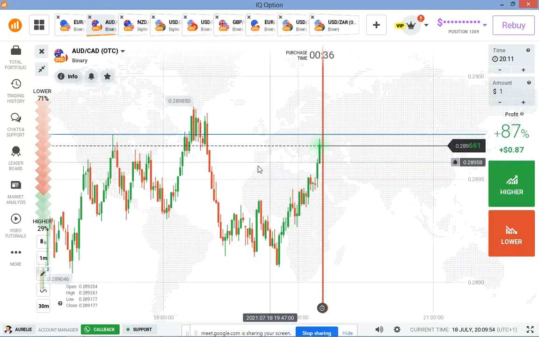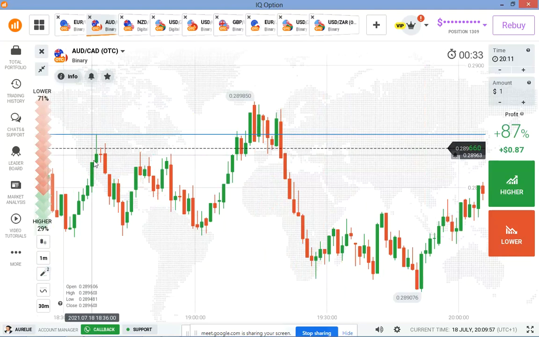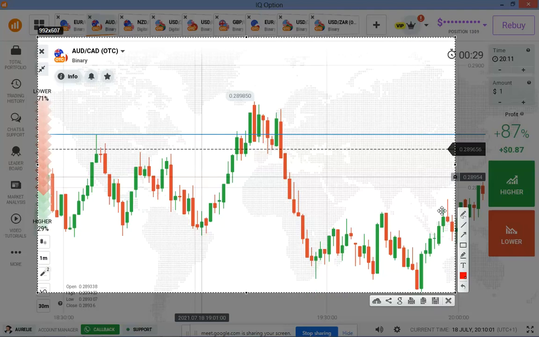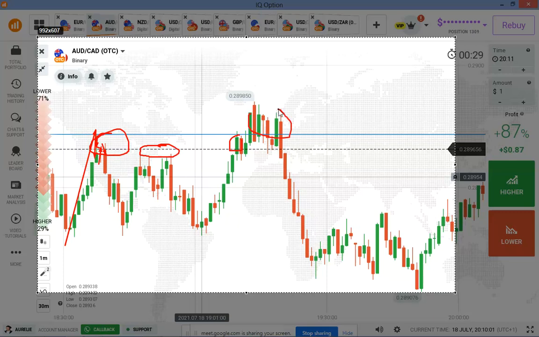Sellers might enter from this level. Because if you check on the left side, you will see some sellers activities here. You will see that these buyers were moving up and they got rejection from sellers. Again, we see that buyers again tried, got rejection from sellers. So what the price is showing us here is that there are some sellers activities around this area. That is why we see so many sellers candle here. Despite seeing some buyers entry, we still see some sellers entry and the price move down.